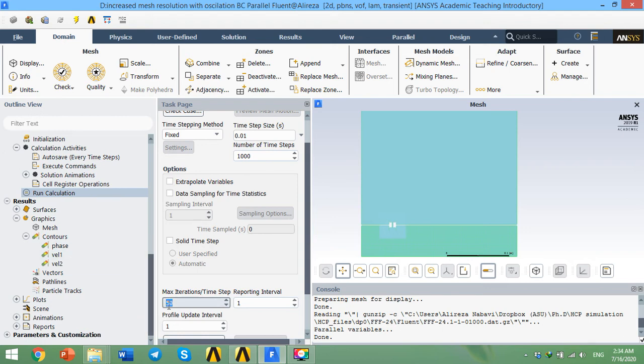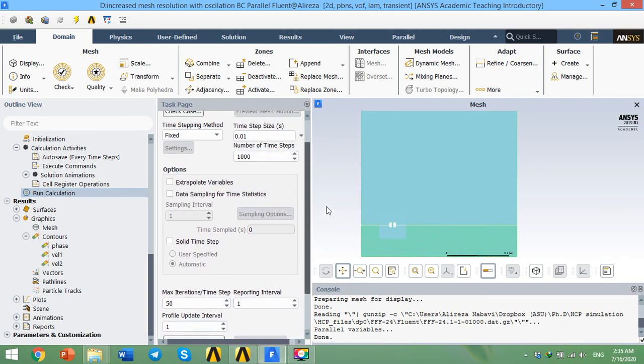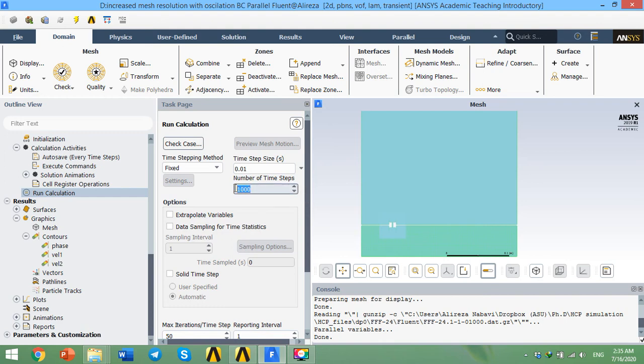But if the convergence criteria is met before 50, it's going to skip it and go to the next step. So this is the maximum of it. So you have to assign these 3 important numbers in this menu, and after doing that you just press calculate, and the simulation is going to be run for 1,000 time steps. And after that, which is done already here,